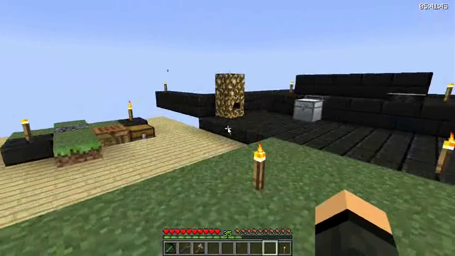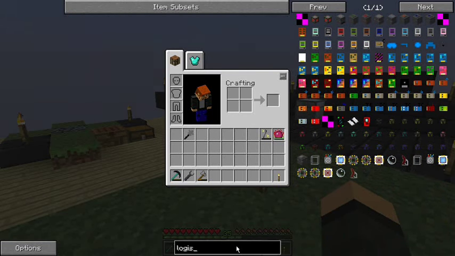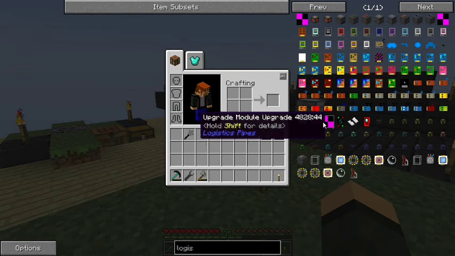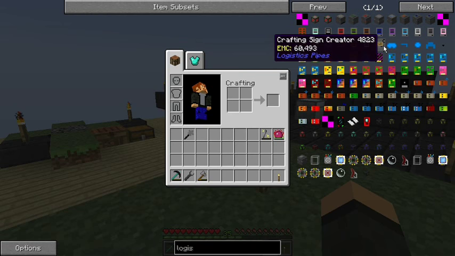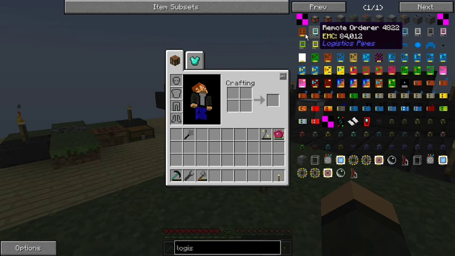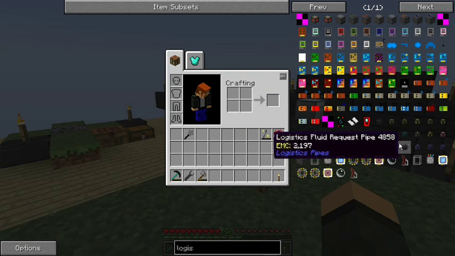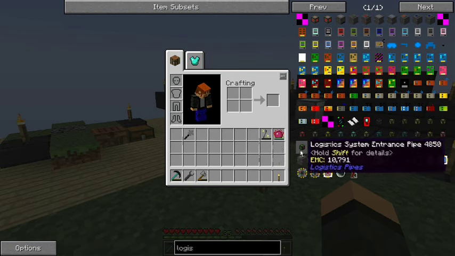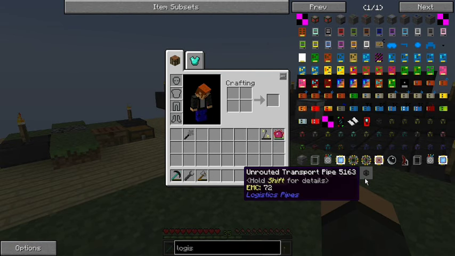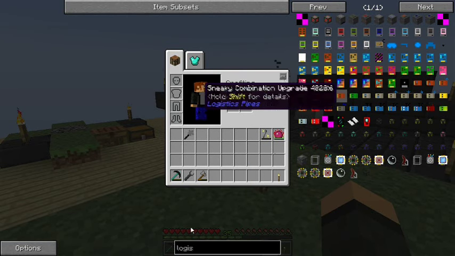Because Logistic Pipes has some Apiarist pipes, I believe, right? Fluid container. Well, that's kind of cool. You can't make them, but that's how it moves fluids through the pipes. What were you? Remote orderer, no. Here's our different pipes, though. Fluid supplier, fluid satellite, that's all fluid stuff. Moving on. Firewall. Route of transport. So I know they have like, what happens if I